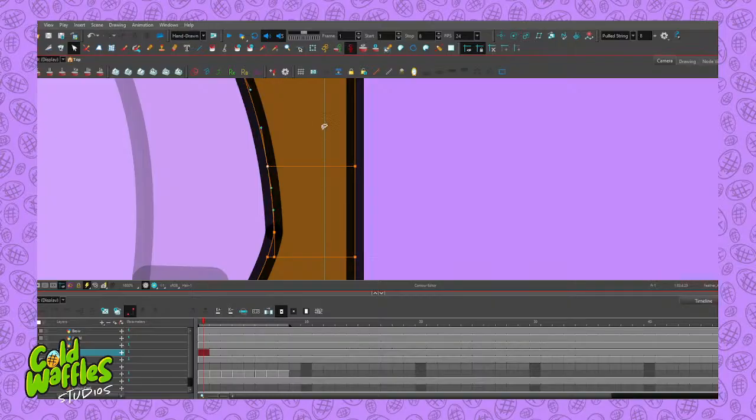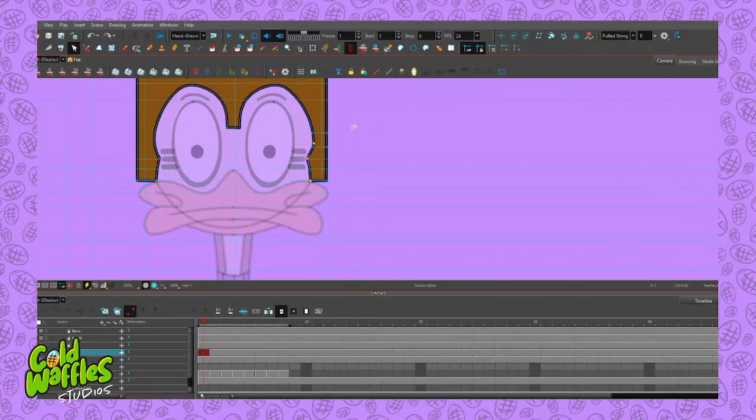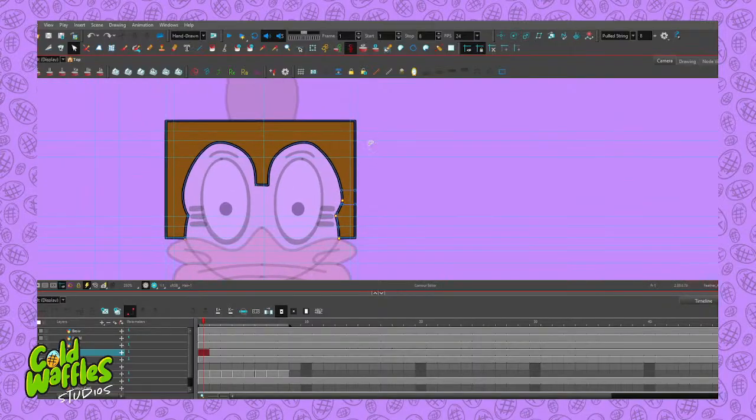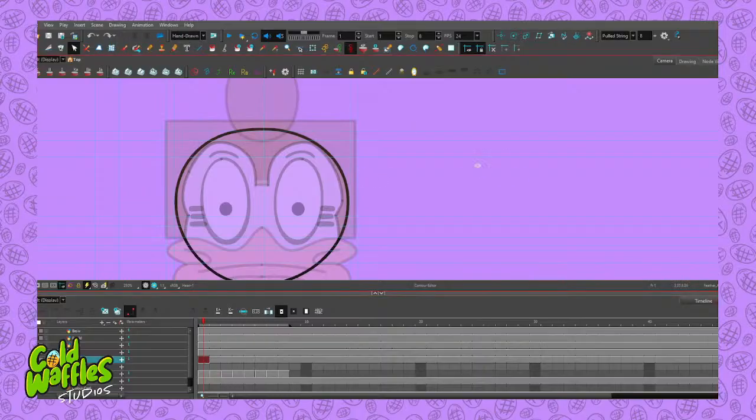Can't get rid of that one. Whatever. It shouldn't mess me up too bad. I'll go down to this layer. And I think the main face color in there. All right. But before I cut it, let me